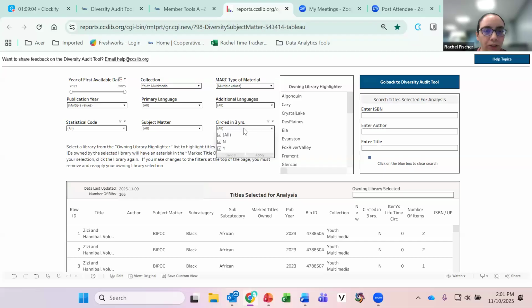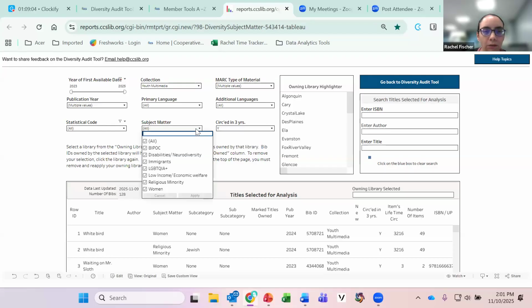So I do want to make sure that these titles have circulated in 3 years because I want to find titles that are somewhat popular, and I'll press apply to that. So let's take a look at 2 different filters. I'm going to select the BIPOC subject matter filter, and I'm interested in seeing if I can find anything that could be intersectional. So I'm going to also select